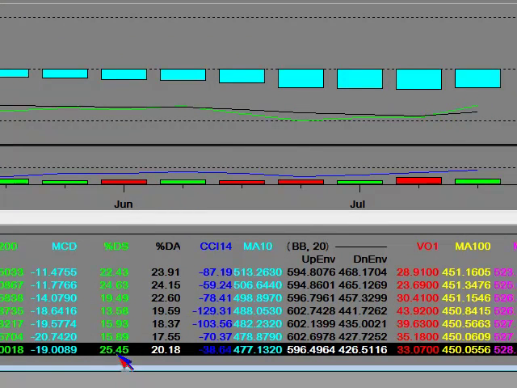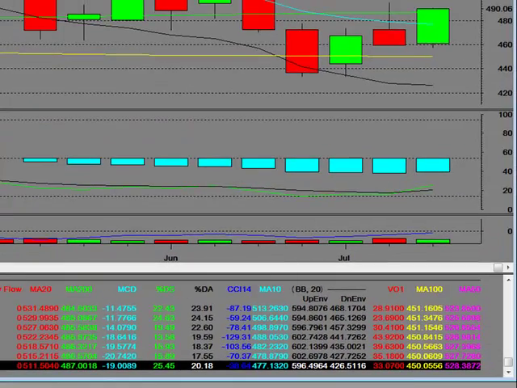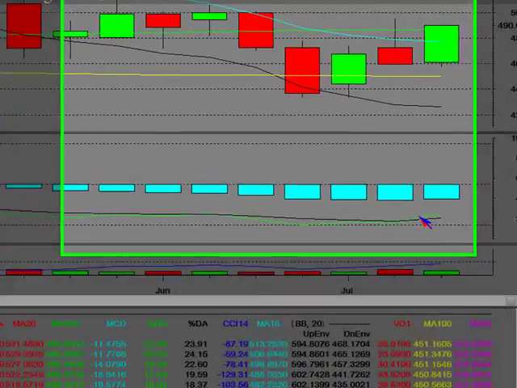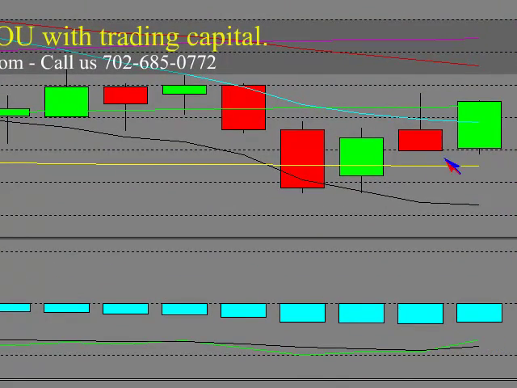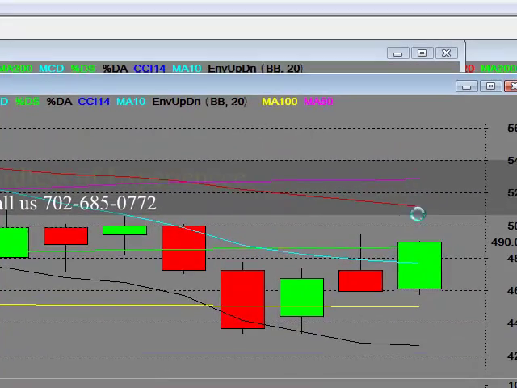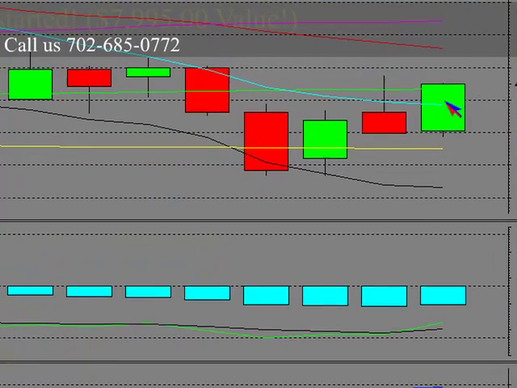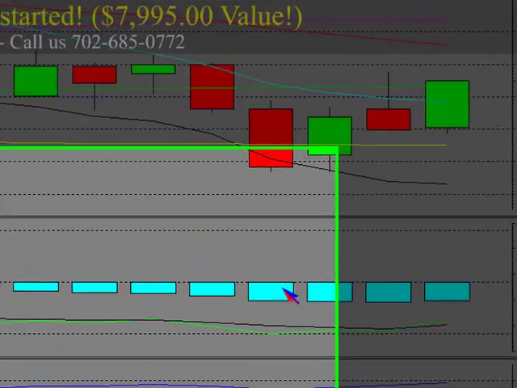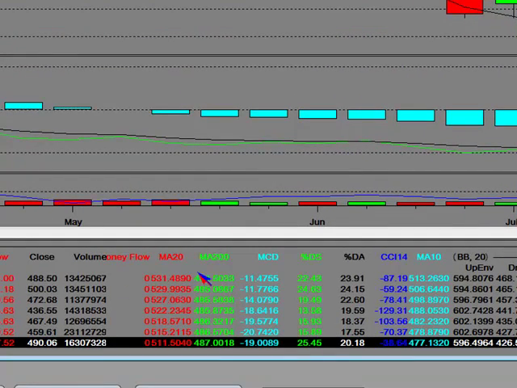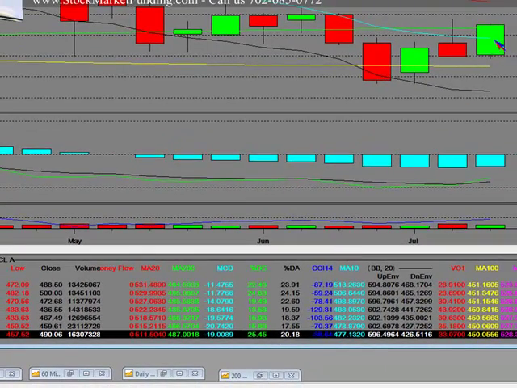Another thing I would like to tell you is that percent DS and percent DA is at your 5 basis points above. That's a crossover. That's another thing that you want to know about this nice trend that's trying to develop. So there's lots of bullish events within the structure of your MACD, your 200 week, your 10 week, your CCI is working on a weekly level, where during that